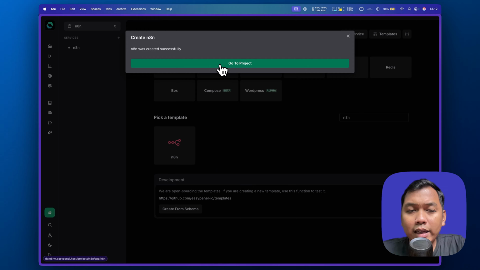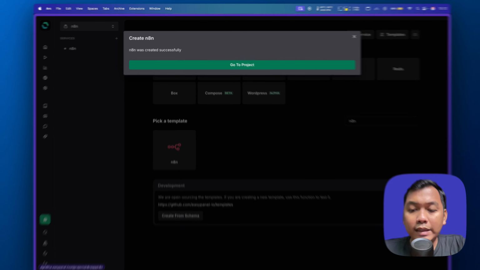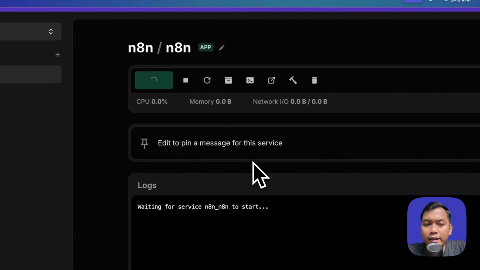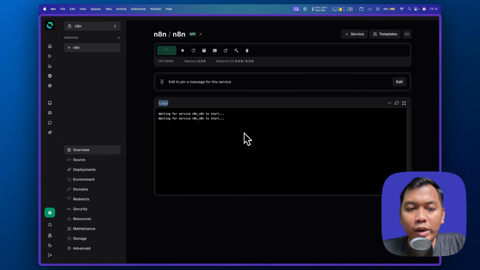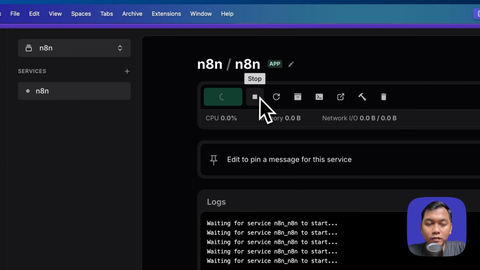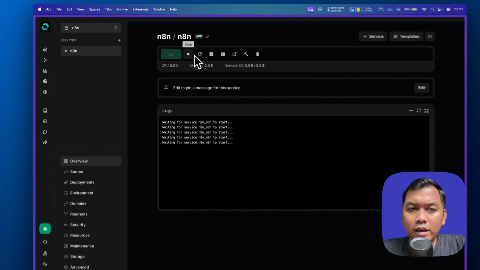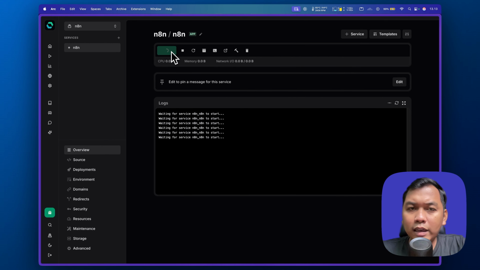We can select or hit the go to project button, and here we will see logs from n8n, so waiting for service n8n to start. Here there are several buttons, such as the deploy button, and then stop, restart the service or the app, and logs.